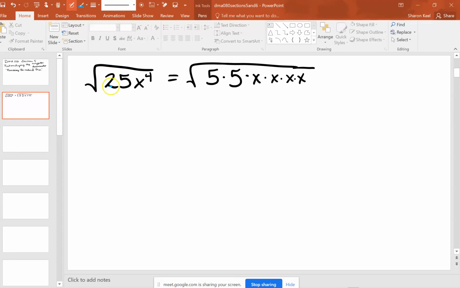So to start with, if we have 25x to the fourth, if I factored, I would have 5 times 5 and the 4 x's. There is not an index written here, but the understood index is a 2. So that means you need pairs. So when I have this pair of 5s, that means a 5 is going to come out. For this pair of,